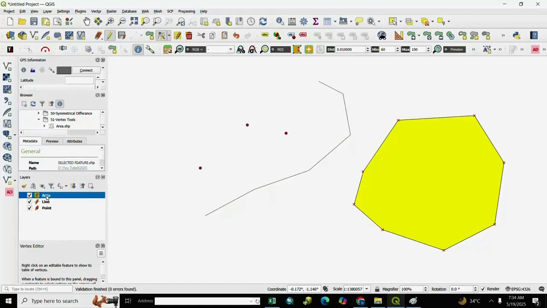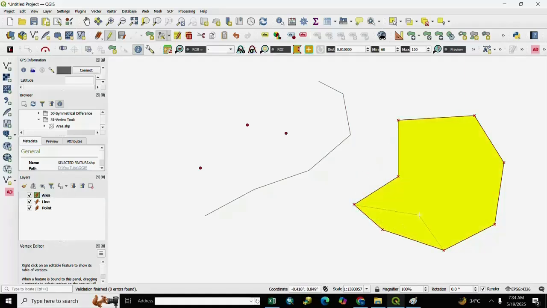If you want to edit vertices on the current layer, you go to Vertex and select the Vertex Tool for the current layer. We select it, and our current layer is highlighted. If you want to modify it, you click on a vertex and modify it as per your requirement.